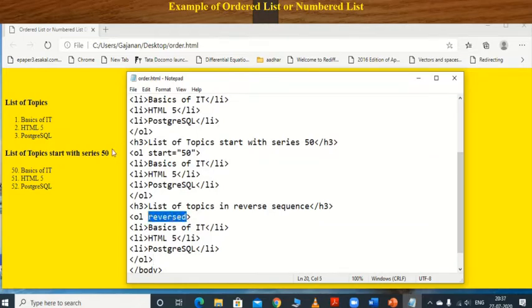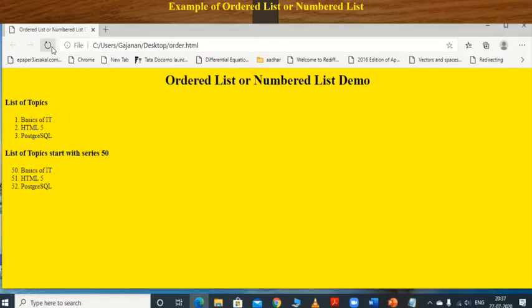So the given elements are listed in reverse sequence by using the reversed attribute. Just re-execute this one. Your output is shown like this, starting from 3 basics of IT, then 2 HTML5, then PostgreSQL. For printing the reverse sequence, it follows the default sequence. The default sequence is 1 dot basics of IT, 2 dot HTML5, 3 dot PostgreSQL.